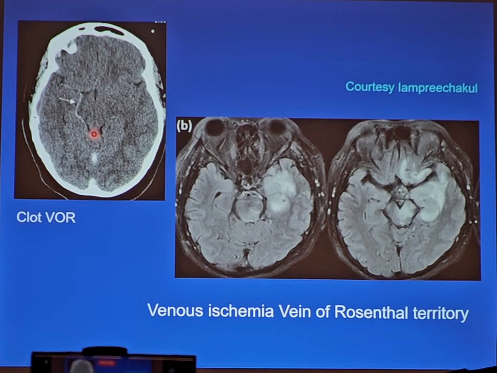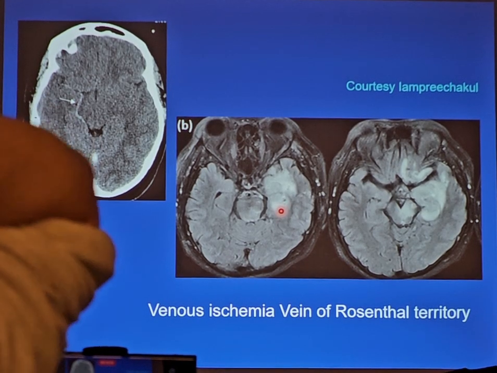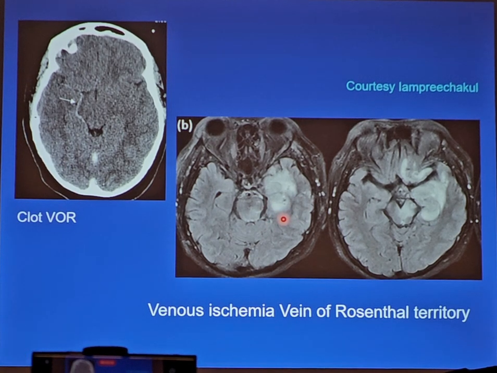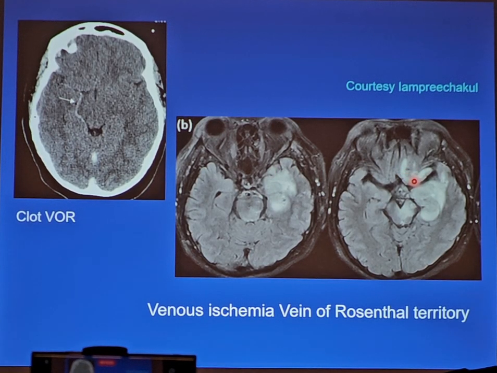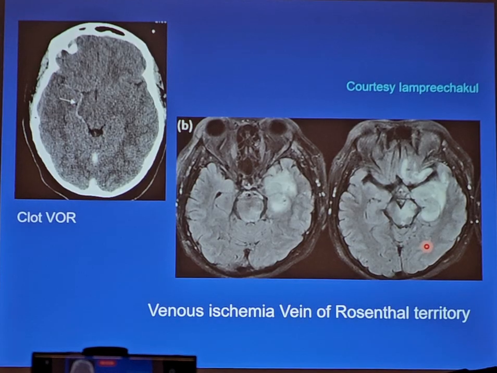In case there's a clot within the vein of Rosenthal, this is what it looks like. You can see in this case. And to get a better feeling for the territory that it drains, it is shown in this patient with thrombosis of the left vein of Rosenthal. You can see the medial aspect of the temporal cortex and the inferior, posterior aspect of the frontal lobe cortex, as well as the adjacent midbrain region. So it shows quite an extensive